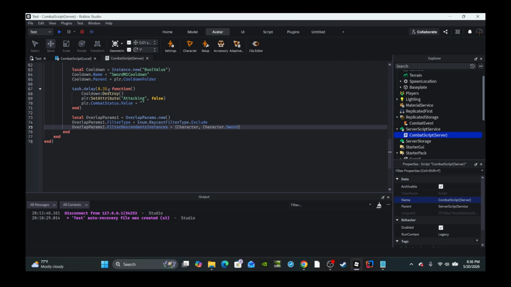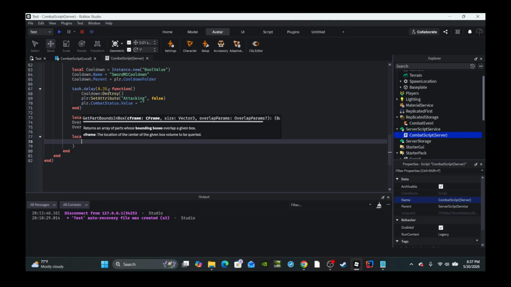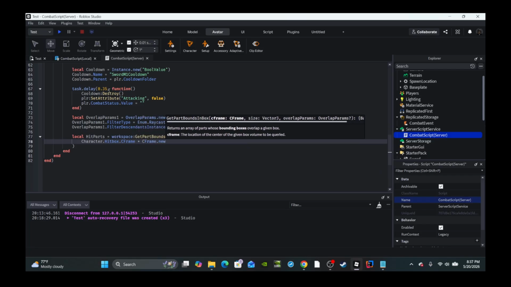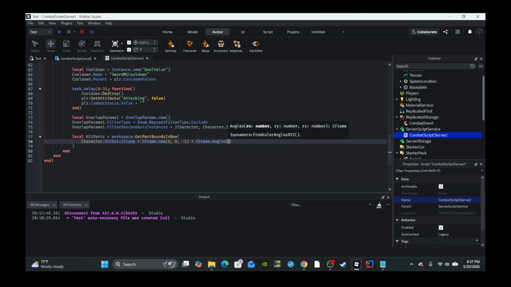Then after we're done with that, we will create a variable called hitParts. So whatever it makes contact with is equal to workspace:GetPartBoundsInBox, right? Then we will say character.hitbox.CFrame times CFrame.new(0, 0, -3). This is extending the range of it because remember it is a sword, and then we're also going to add some angle stuff as well, because again you can attack at angles with a sword. So angles, 0, math.rad, and then we're going to say 15,